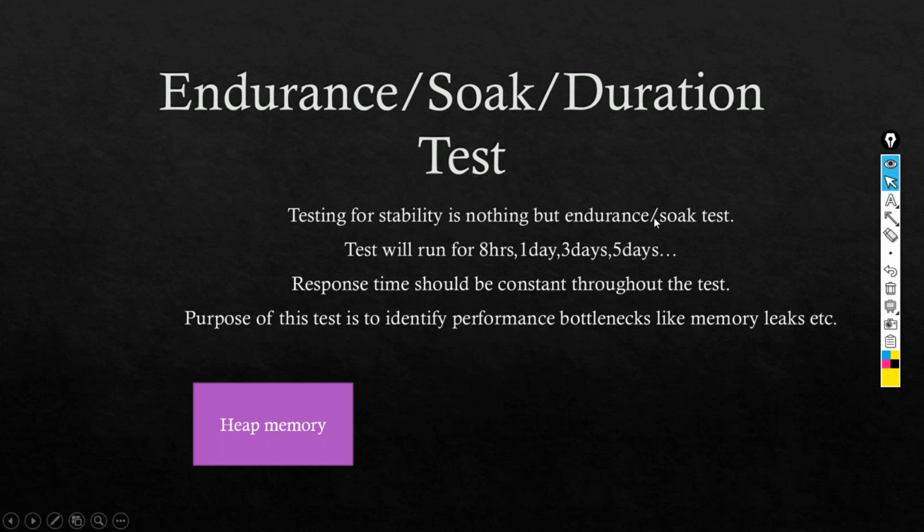The load that we will apply for this type of test is either 100% load, whatever load we have used for the 100% load test, or you can test with 75% of the load. Whatever load is applied in the load test, that number you can test with the same number here, or you can use 75% of that number.